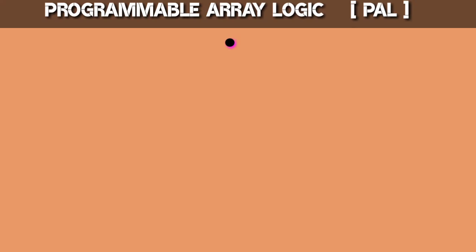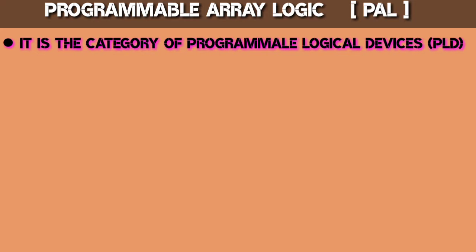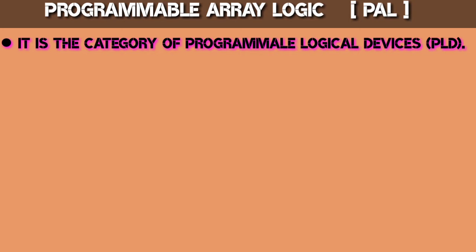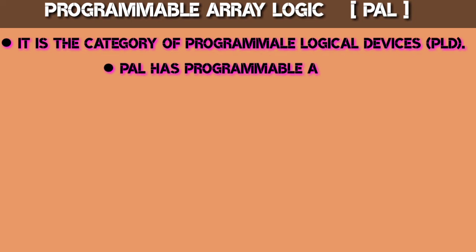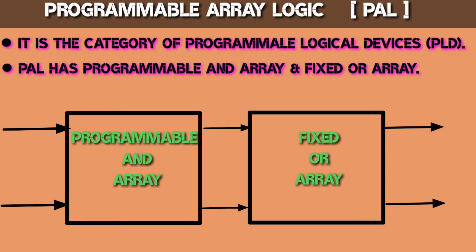So guys, today we will learn PAL, that means programmable array logic. It is in the category of programmable logic devices, and PAL has a programmable AND array and a fixed OR array. Here we can see the block diagram of programmable array logic. In the diagram, n inputs are inserted and m outputs come out. Let us see the circuit diagram of